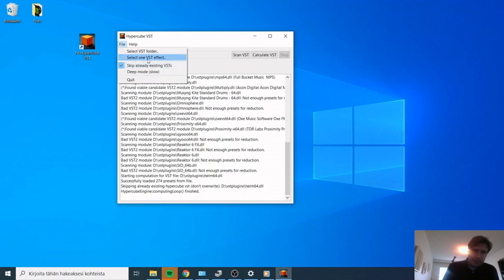But because we have already generated the VST wrappers for that synthesizer, it doesn't calculate it right now, but it can be enabled by clicking to remove the skip already existing VST selection from here. There's also a selection for the model complexity, which should be 1.